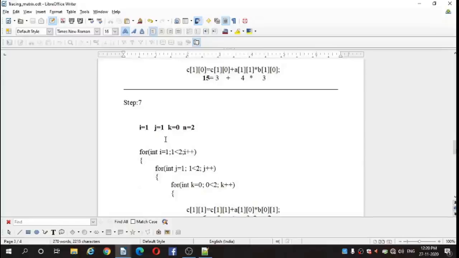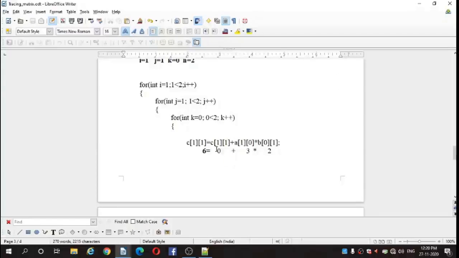I equal to 1, J equal to 1, K equal to 0 and N equal to 2. Then I equal to 1, 1 is less than 2, it is true. Go for the inner loop. J equal to 1, 1 is less than 2, it is true. Then go for the inner loop, that is K equal to 0. 0 is less than 2, it is true. Then go for the calculation.